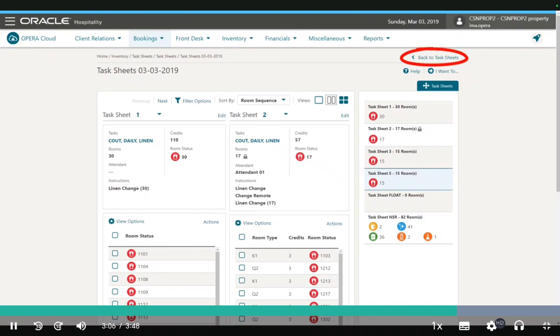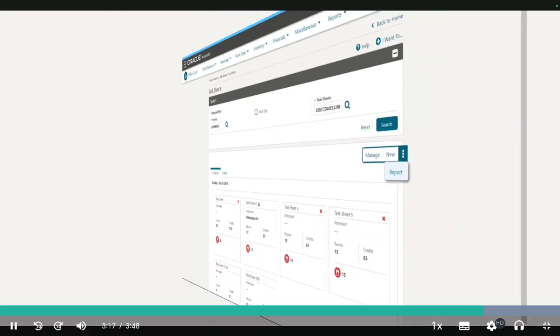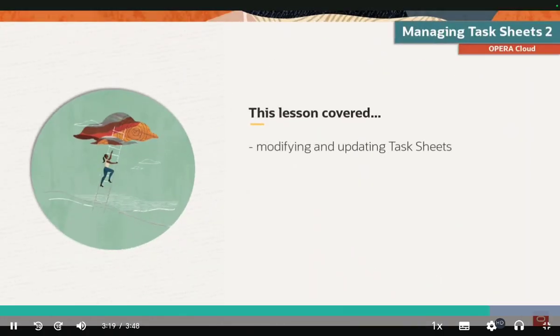Click the Back to Task Sheets link. Now, click the ellipsis next to the new link. If you were to click the Report link, you would be able to generate a task sheet report from here as well. This lesson covered modifying and